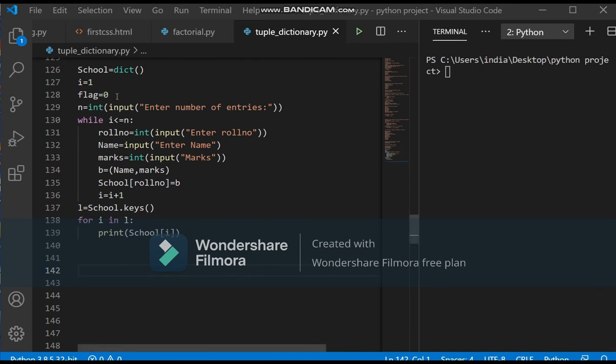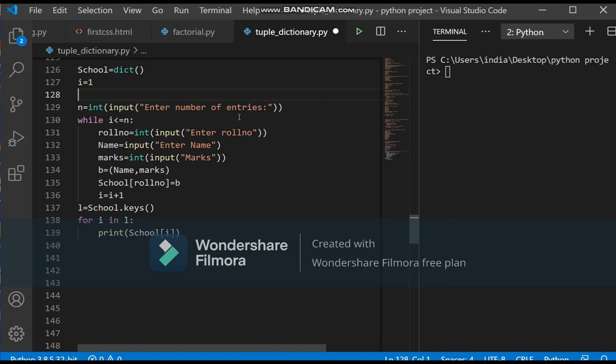Now let's check this complete program. Here we will use a while loop, and within the while loop we will ask the user for 3 inputs, that is roll number, name and marks. Using roll numbers as key, we will store the record of name and marks in the value list. So we will form key value pairs here at runtime. For this we need the data structure to be defined. We are defining it with the name school using the function dict. Then I we are taking to iterate inside the loop. N is going to be the number of entries we want.